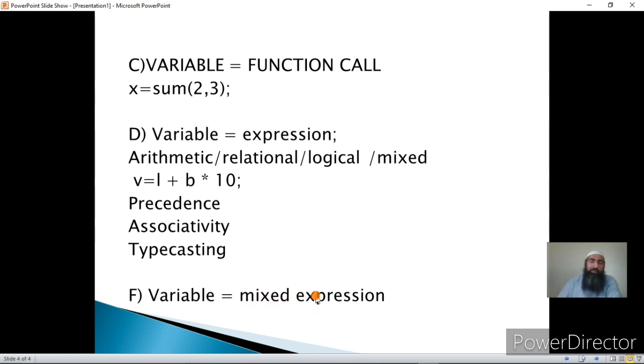So we have seen the assignment statement has the form variable equal to value, or variable equal to variable, or variable equal to function call, or variable equal to expression, or variable equal to mixed expression. The fourth form and the fifth form we will see in a separate lecture, and this will complete the understanding of the assignment statement to a larger extent, and you will be able to write assignment statements with confidence.